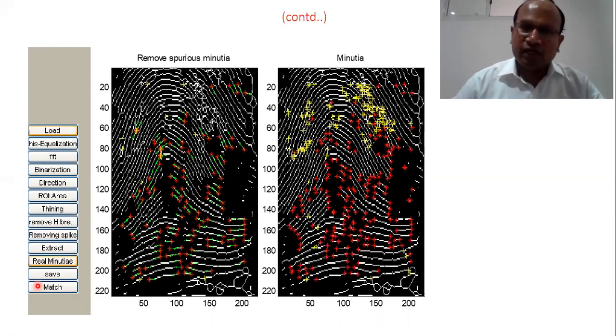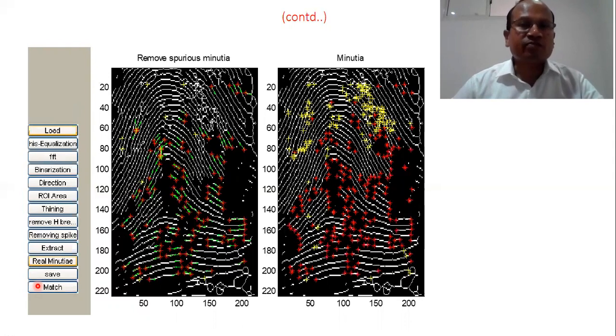This is called training, what we have done now: extracting the features, correcting to more appropriate features, and saving them. It means we have created a template, we have created features, and we have stored them in a feature database or template database. While testing, the fingerprint will be recorded again, the minutiae will be extracted and matched against those stored in the database.